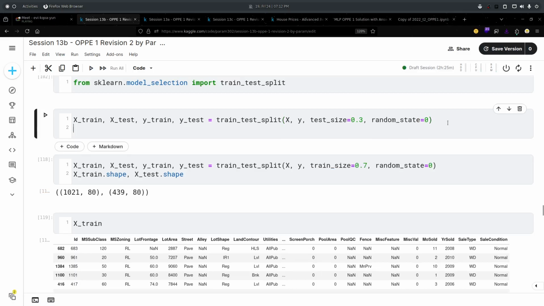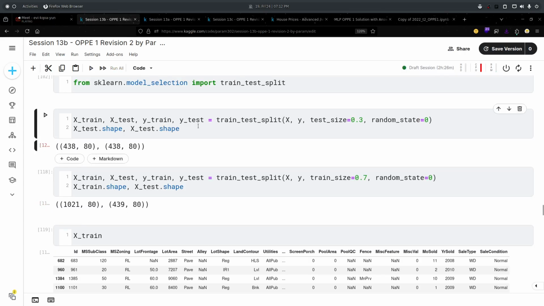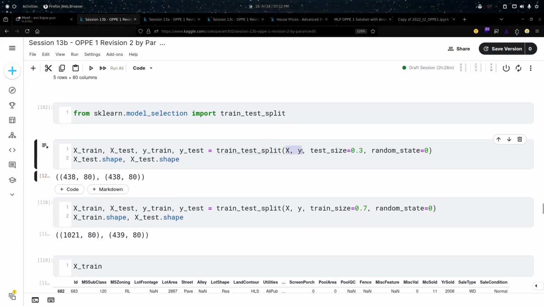I have mentioned test size 0.3. Okay, let me check here also. It's just dot shape. I think एक sample का difference हो सकता है. Okay, x and y. You have to put train x underscore train. All right, so yes, एक sample का difference पड़ रहा है. All right, guys, थोड़ा सा difference पड़ रहा है. So it's better if we use this one. Okay, we can see like एक sample इधर उधर हो रहा है, right?